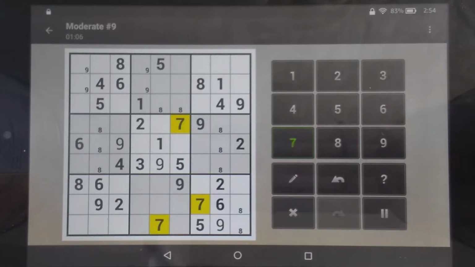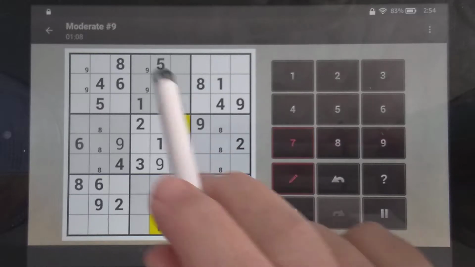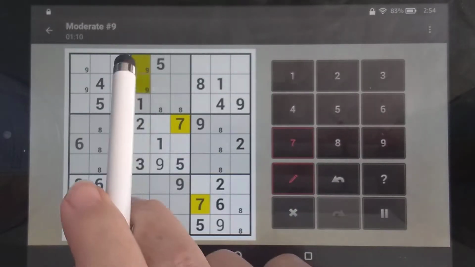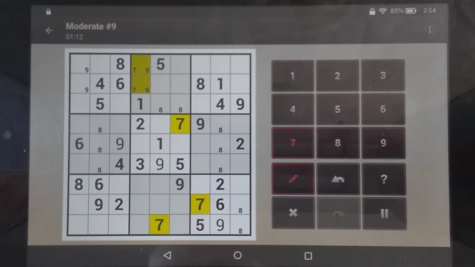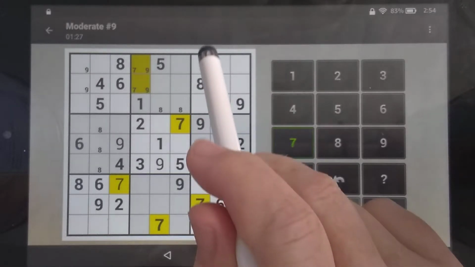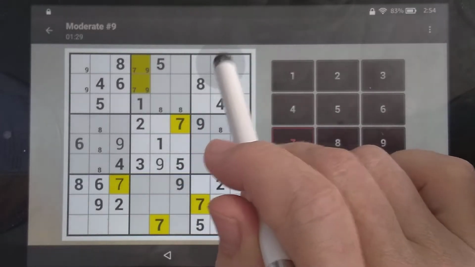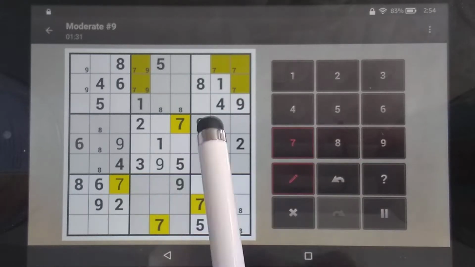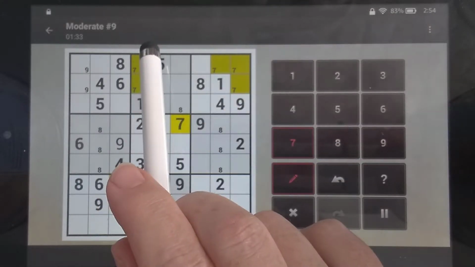All right, those 7s block that. So we now have a 7-9 situation there. What else do we have? Oh, these two rows are blocked, so the 7 is definitely there. Okay, this blocks this column, which makes this 7 one of these 3, notable mostly because, if you'll see, this